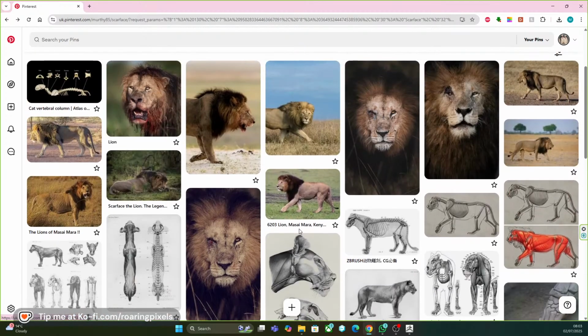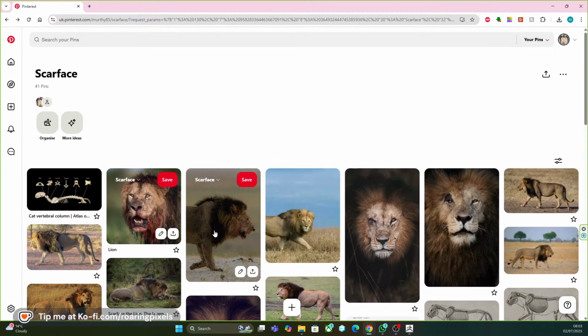If you're asking why Scarface, why can't we just make a generic CG lion? Well, the main reason is that I like to have a goal. I like to think of an animal as I would a person, which means it's got to have a personality. It's not just a creature; it is the creature. And when you think about it, this is how